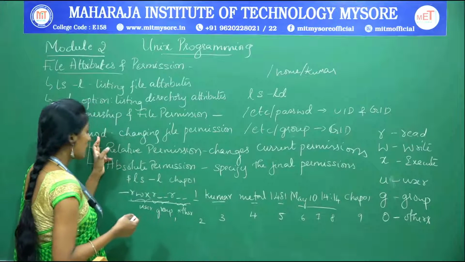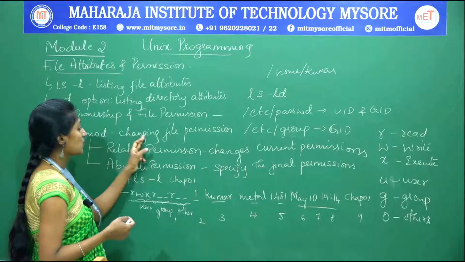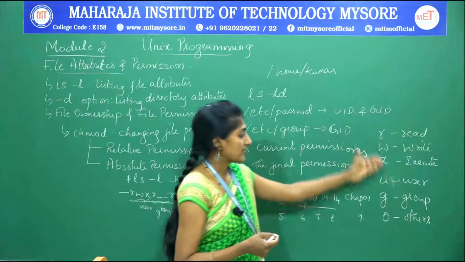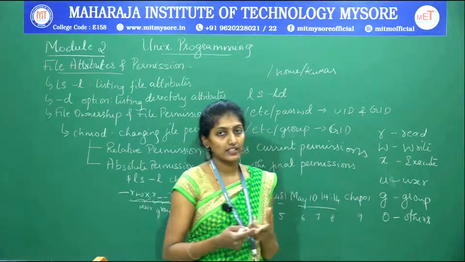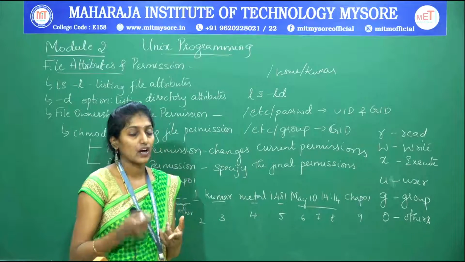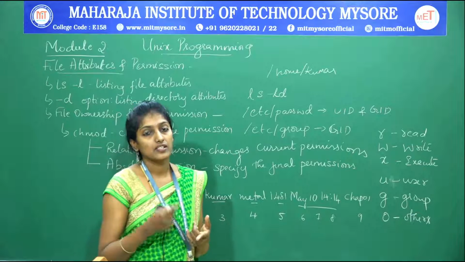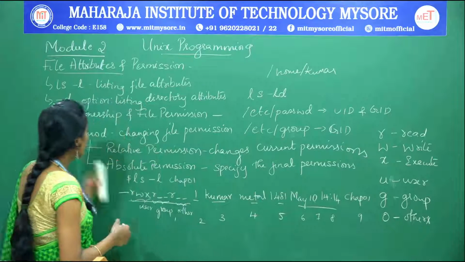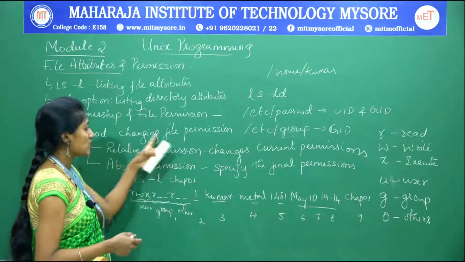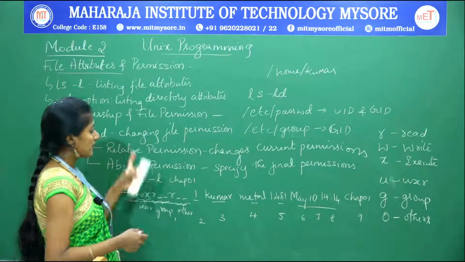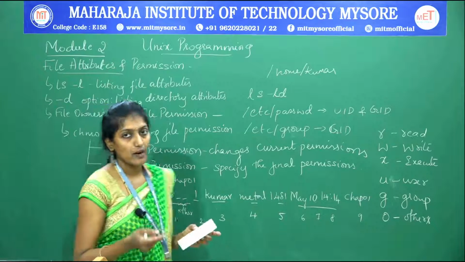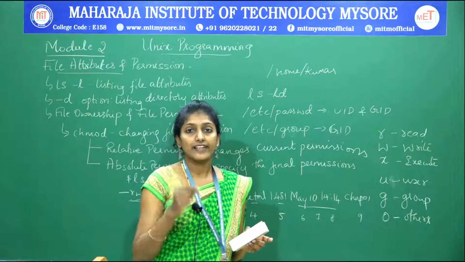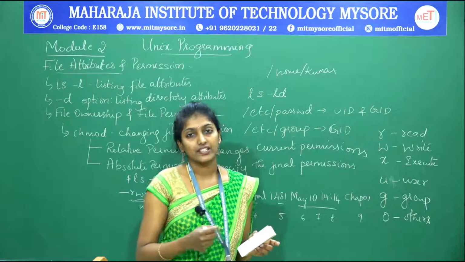Along with that, we had discussed chmod, that is changing the file permission. So now I have discussed all these categories, that is how to know the file ownership and how to understand the file permission in the Unix file system. Now we will discuss chmod, that is changing the file permission. chmod is one of the commands used for assigning the file permission for all the 3 categories of user.